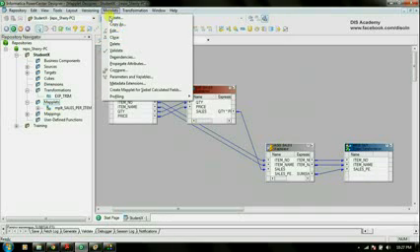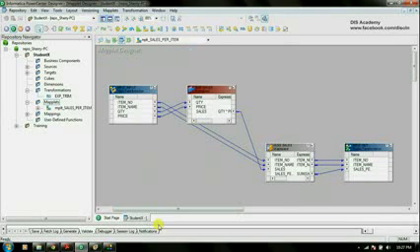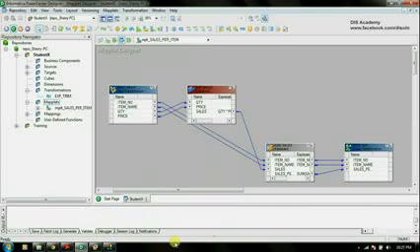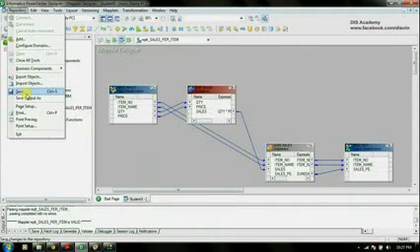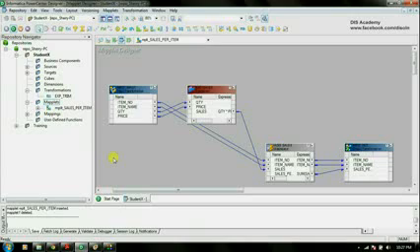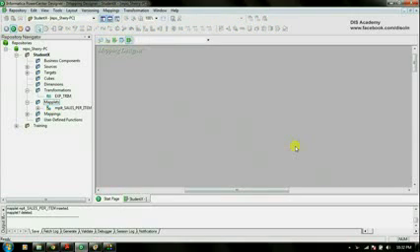Okay, go to Mapplet and do a validate. We can see the result from here in the output window. Okay, do a save. Now I'm going to create a mapping which uses these two